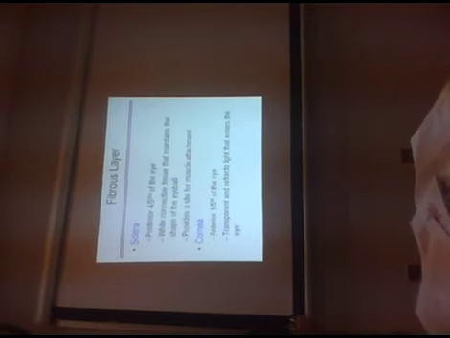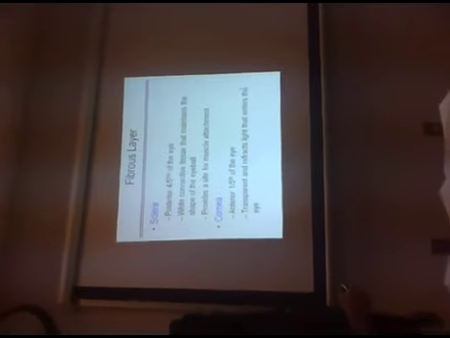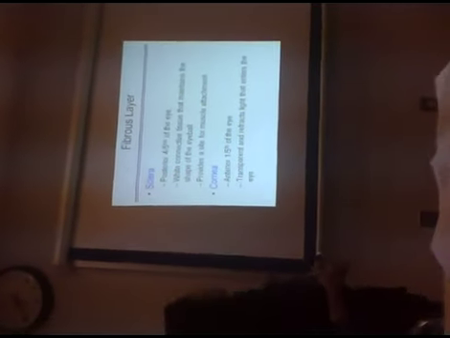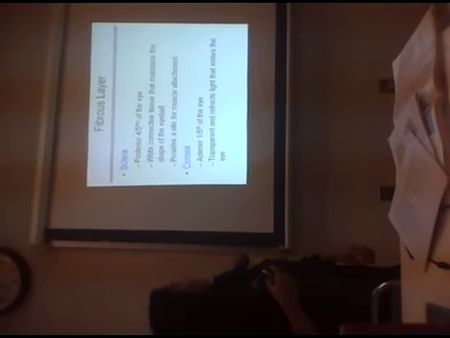So let's look at the fibrous layer first. We have the sclera and cornea, right? Those are the fibrous part of the eye. Posterior 4/5 of the eye is your sclera. So you have the, what you can't see, the posterior